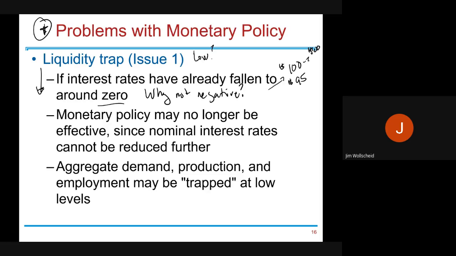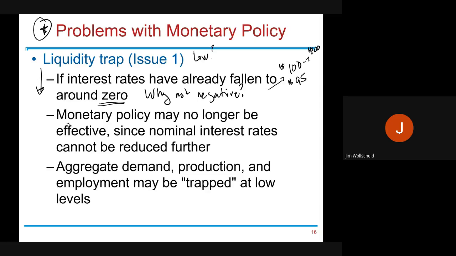So they're often worried about that right now during the last recession. How far can the interest rates go? Pretty much they're stuck at 0. So even if I can't increase the money supply to get lower and lower interest rates, monetary policy ceases to be effective. And this is because I can't get the interest rates to fall, or even if I could get them to fall,